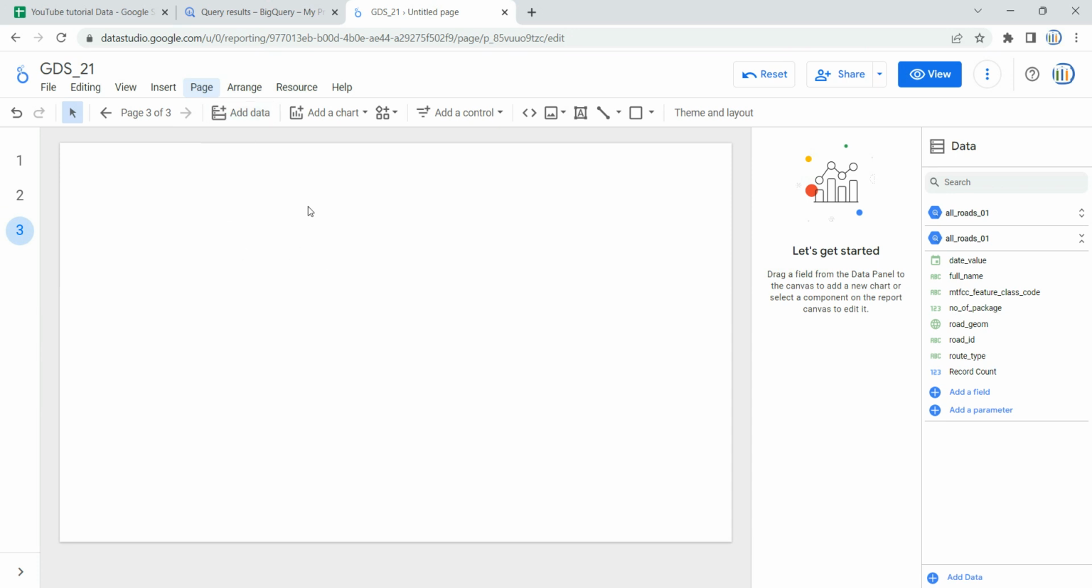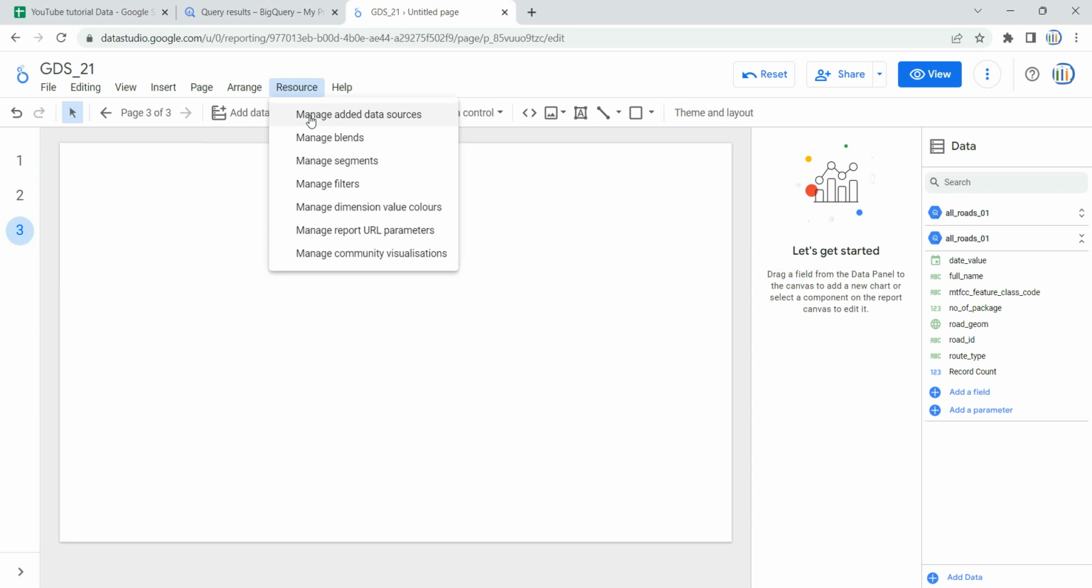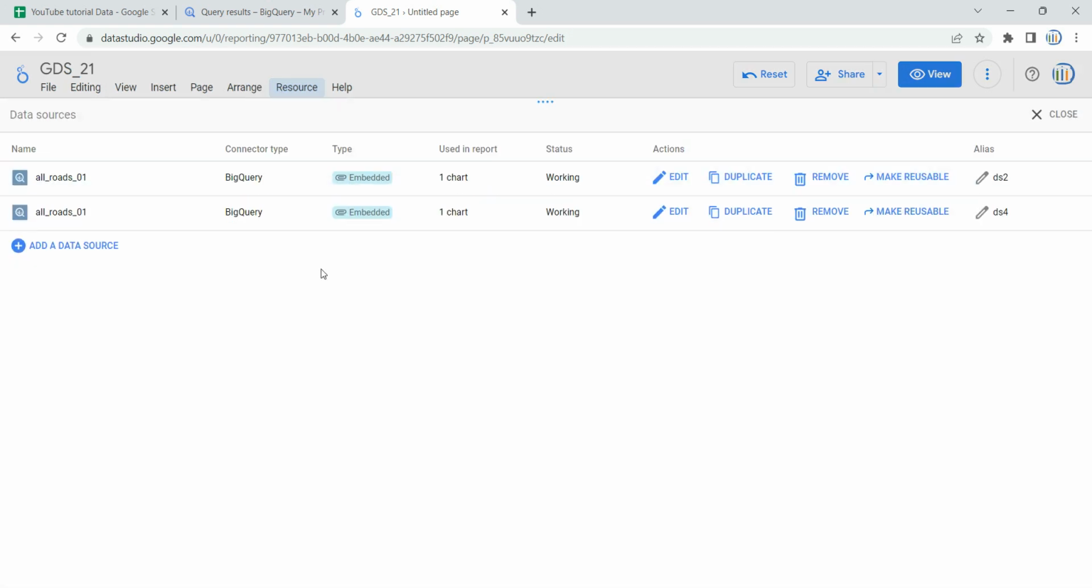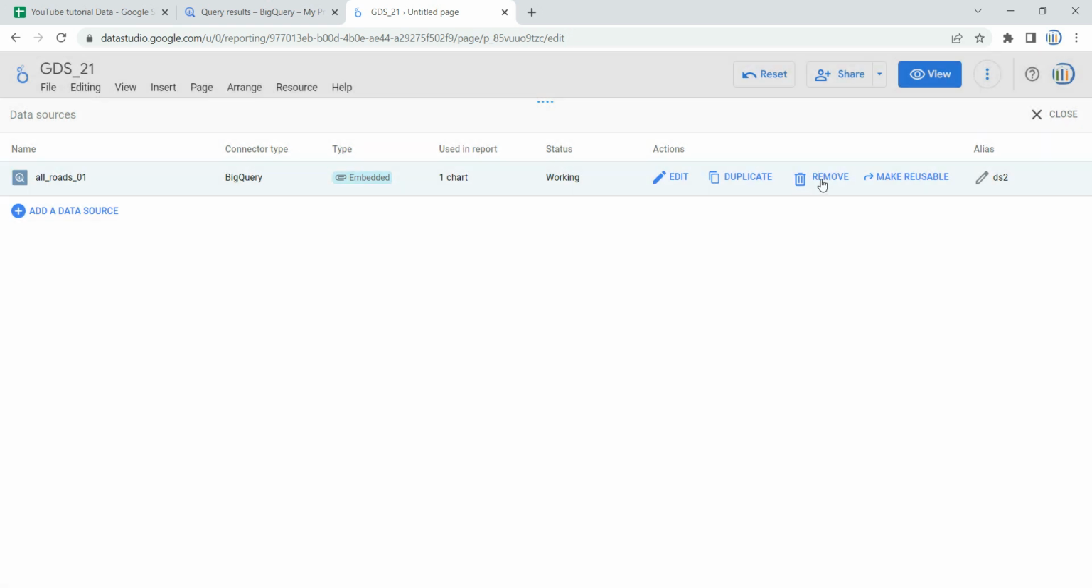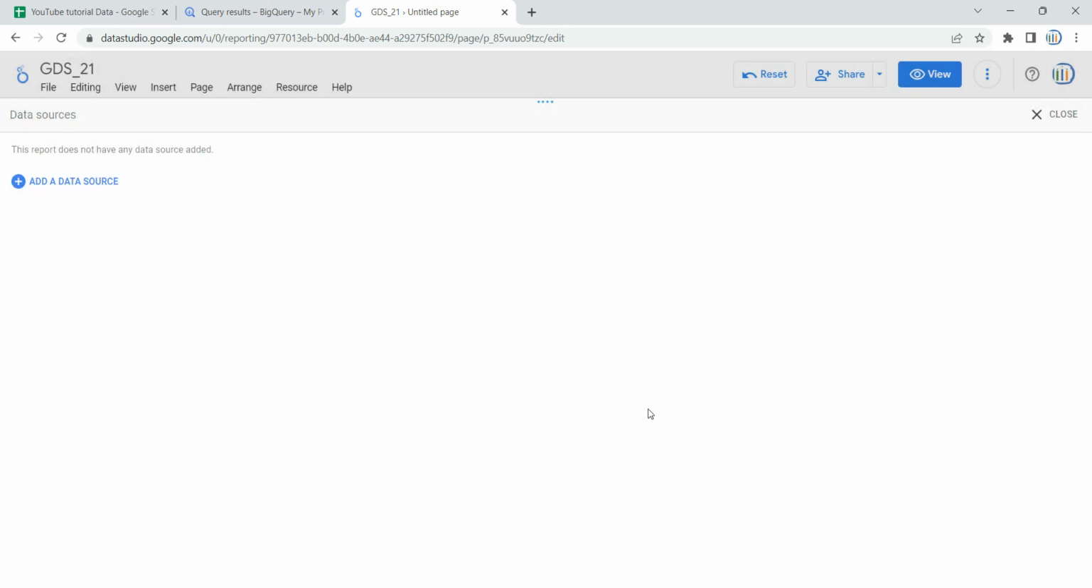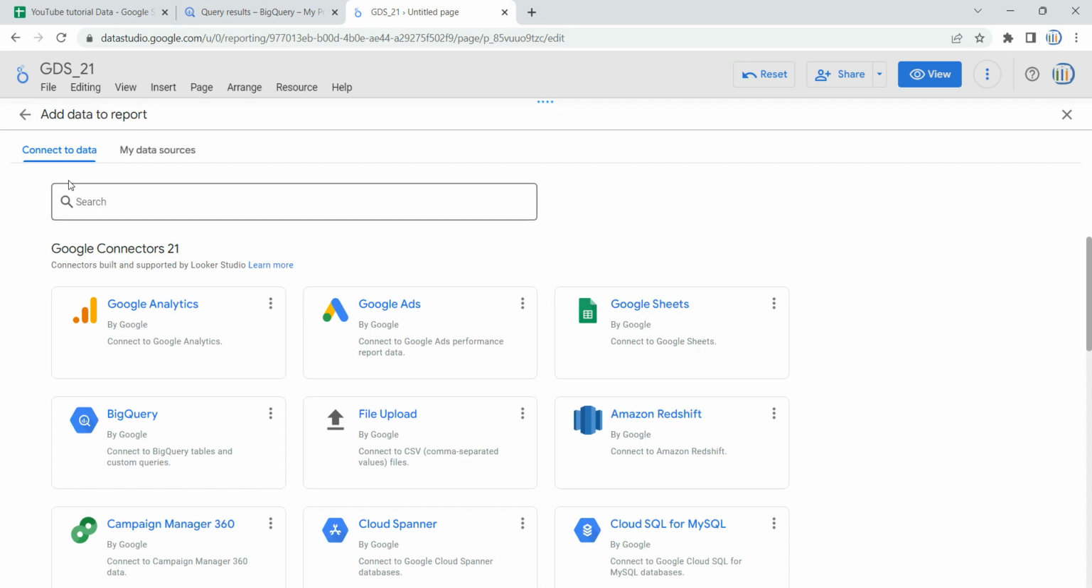After adding this page, I need to add data first so that I can put that data into my geo map. So I'll go to resources, click on manage added data sources, and remove these two data sources. Now I'm going to add a data source. I'll select Google BigQuery over here,